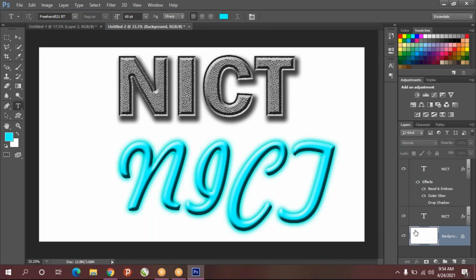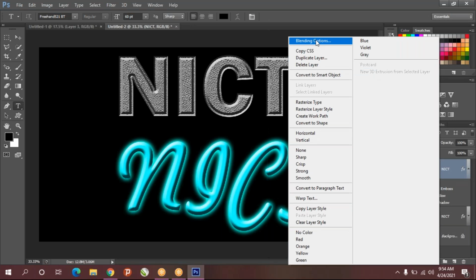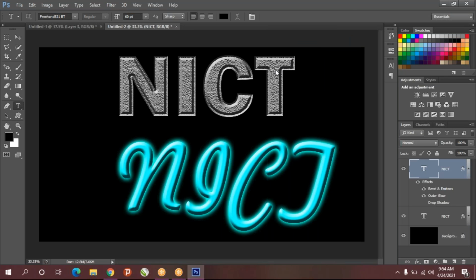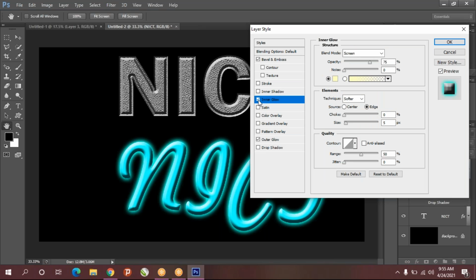Now this one I'll make it black so that it looks good. So light effect, so like glowing, this kind of things also can be made. So using blend mode you can do lot of works. So if you want to make some fantasy font and all, use these options: inner glow, outer glow, inner shadow, outer shadow. For example, if you want inner glow, you can enable inner glow and increase the size and give different color for this.